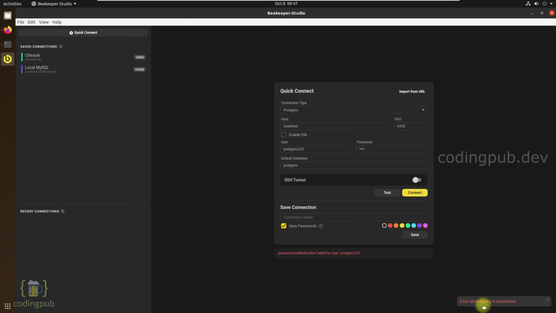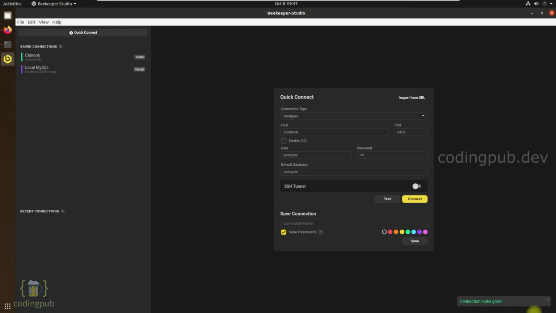As you can see, I am getting an error message, error establishing a connection. Below you will be able to see password authentication failed for user Postgres 123, so that you will be able to know what exactly the problem is. I'm changing it back to the correct username. So now it should work fine. As you can see, we are getting the connection looks good message.